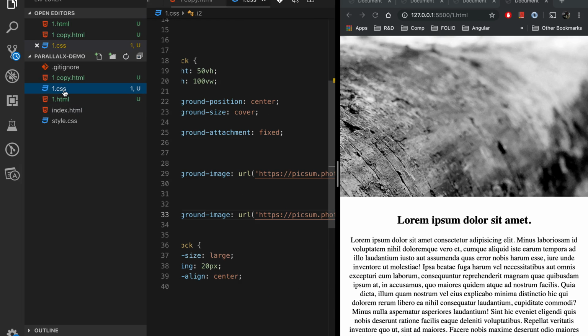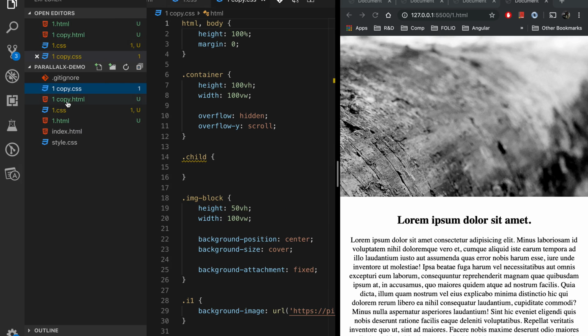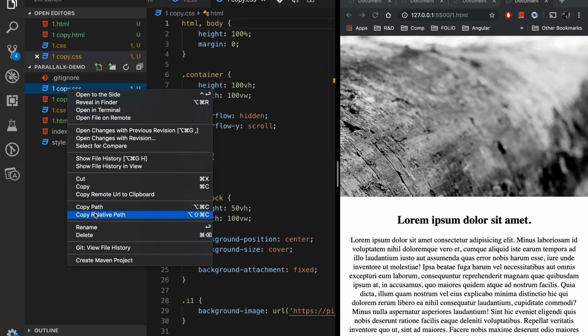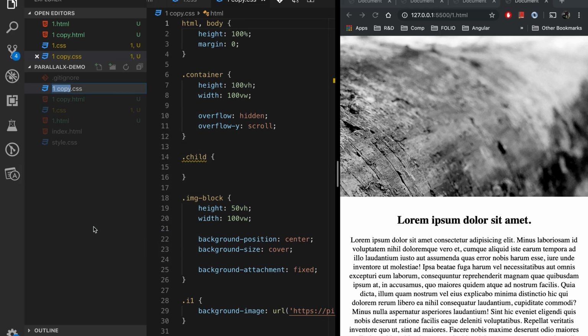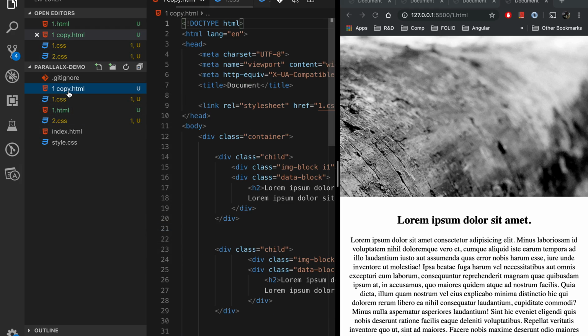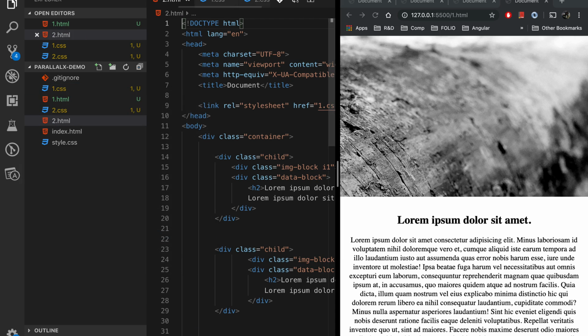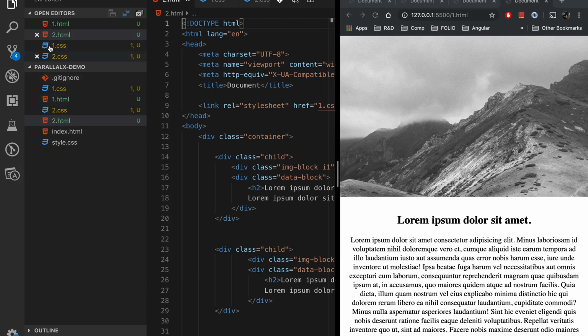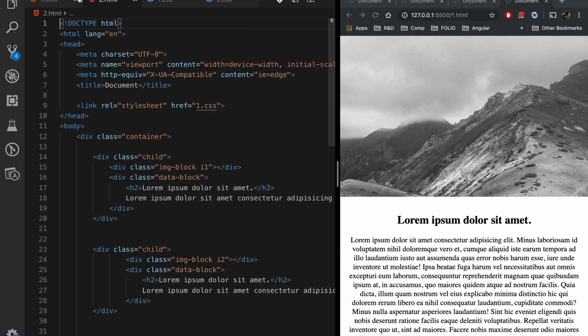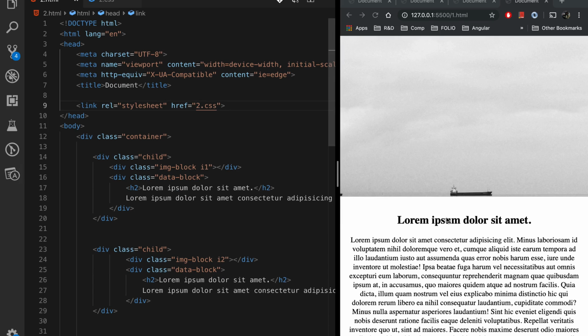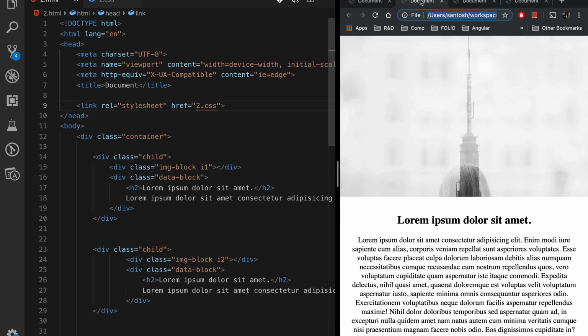Control V, Control V. Now rename this .css, 2.html. Okay, so the target is now, we have to link it properly, 2.css. Now our target is to achieve horizontal scrolling